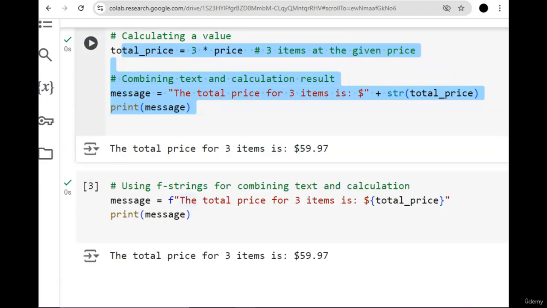Moving on to a real-world scenario where you might need to combine text and calculations. Imagine you're generating a bill for a customer. You'll need to calculate the total cost, apply a discount, and display the final amount in a formatted message. So for this, we are going to type,